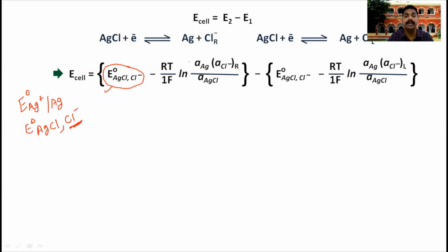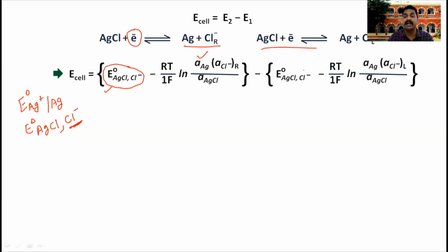N means how many electrons here? 1 mole of electrons. Thus N is equal to 1. That is why minus RT by 1F ln concentration of products or activities of products. What are the products? Silver and chloride ion on right hand side. So activity of silver into activity of chloride ion on right hand side divided by activity of AgCl, minus again